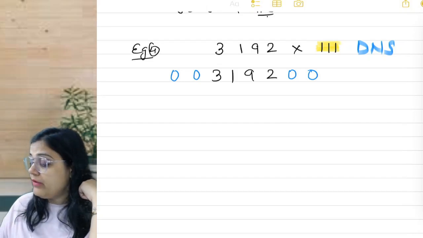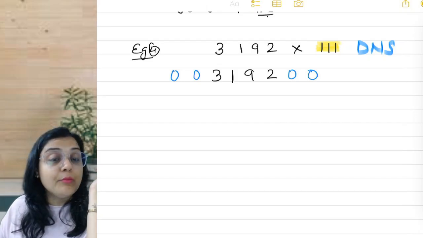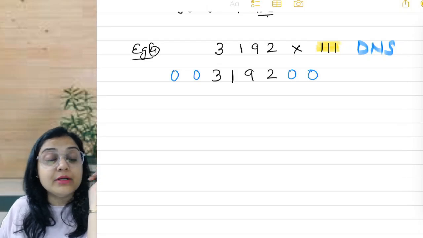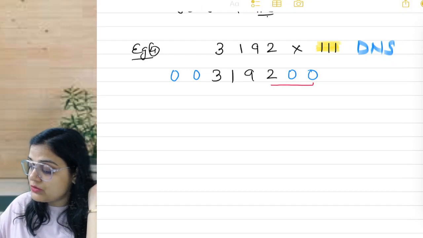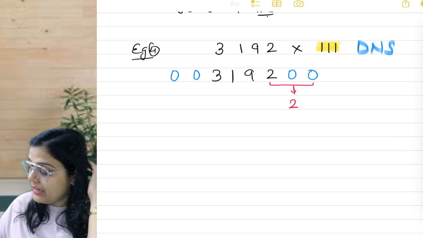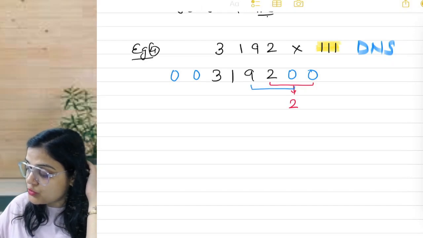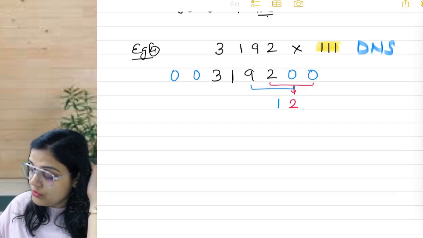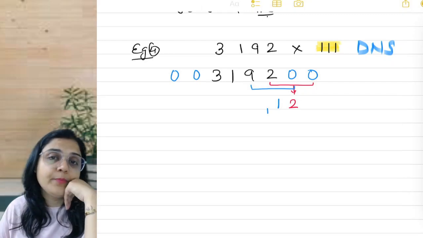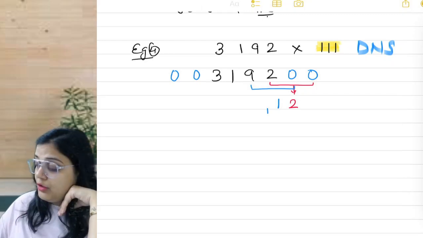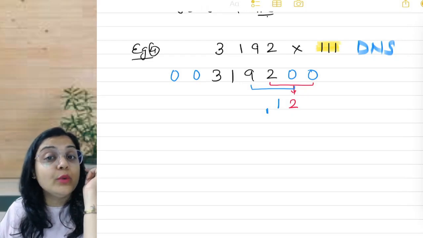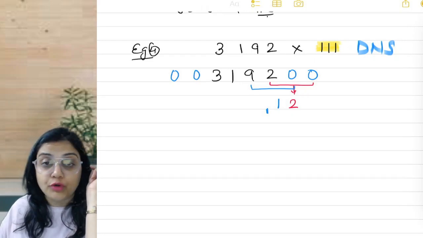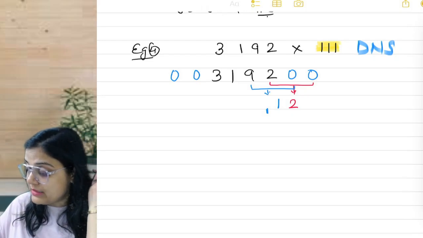Sandwich the number between double knots. Alright. And then we have to add three consecutive numbers at a time. So starting from 0, I have to add these three. These three will give me 2. Then I'll add the next 3. 9 plus 2, 11 plus 0 is 11. So this is how I'm going to write 11. 1, 1, 11. So this 1 which has to be at tens place, I will write it in carry, and in Vedic maths we write carry in the left lower foot. Okay, we have done that in the previous lecture also.